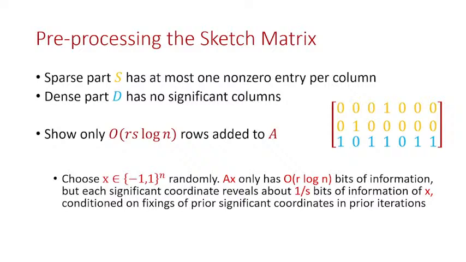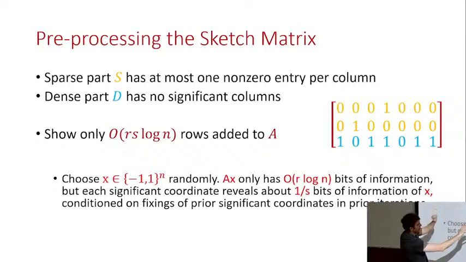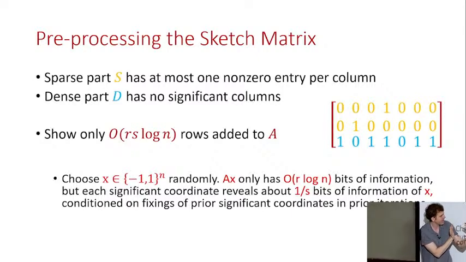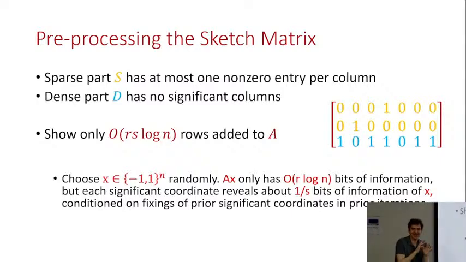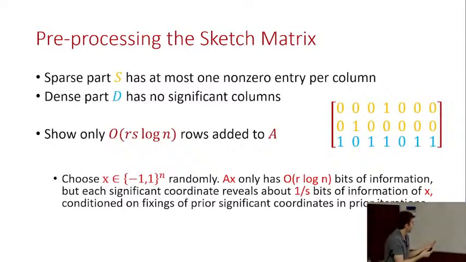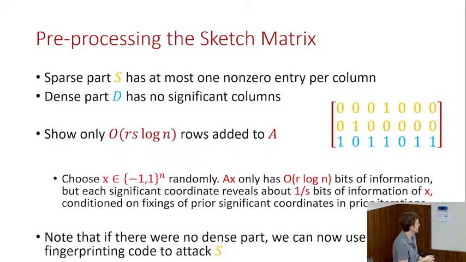And so there's an argument that if you were to subsample at a rate of 1 over S, with probability 1 over S, that coordinate would survive, everything else, the norm would go down by an S factor, and so that coordinate would be heavy, and you could tell if it's -1 or 1. So with probability 1 over S, you can get 1 bit of information. And so what you can show is that each significant coordinate reveals 1 over S bits of information about x, and that's even conditioned on previous fixings of significant coordinates in previous iterations of the preprocessing. Okay, so I hope that's some glimpse of how this works, but it does terminate in RS log n rounds,